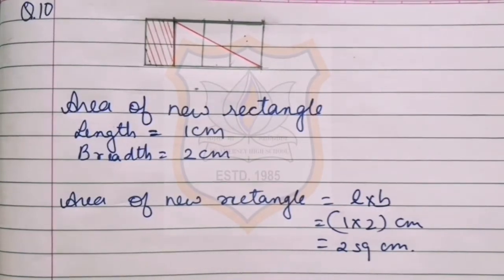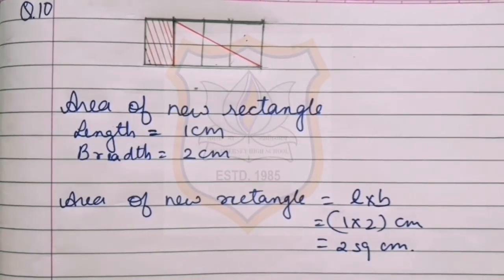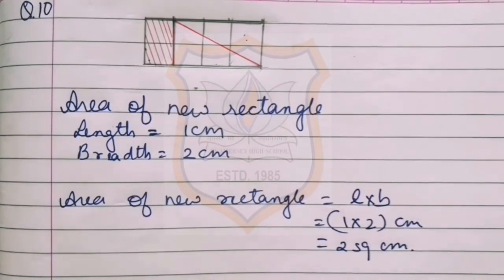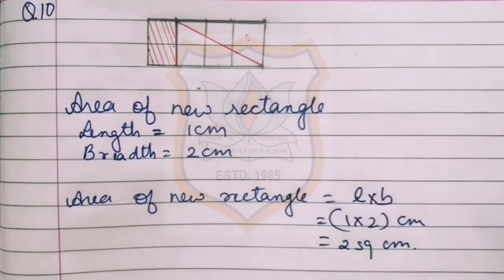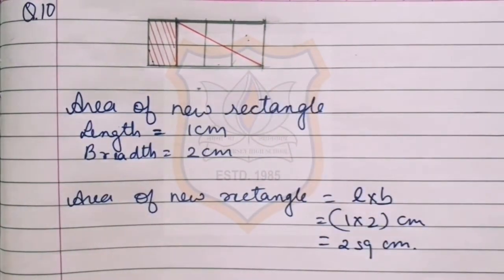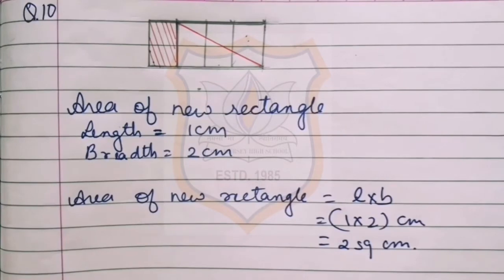Now we have to find out the area of triangle 1 and triangle 2. As it is given in the question that we have to draw two equal triangles, we can find out the area of any of these triangles, as the area of both the triangles is equal. Here again we will count how many whole squares, more than half squares and less than half squares are given.